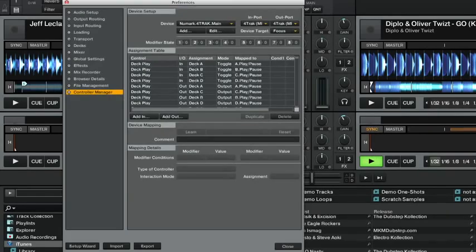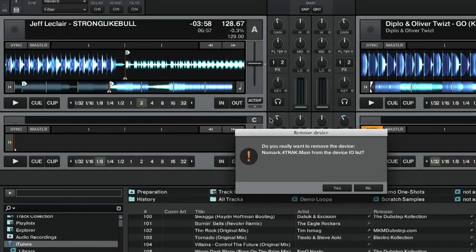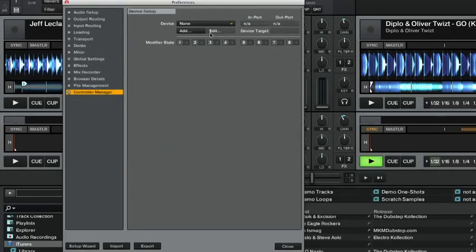So you're going to go back into your Preference tab, back down to Controller Manager. The first thing you want to do is take the mapping that you're already working with, and you're going to want to delete it. So you hit Edit, Delete, and Yes. And now you'll see that you don't have that mapping in there anymore. So now you want to add, import,